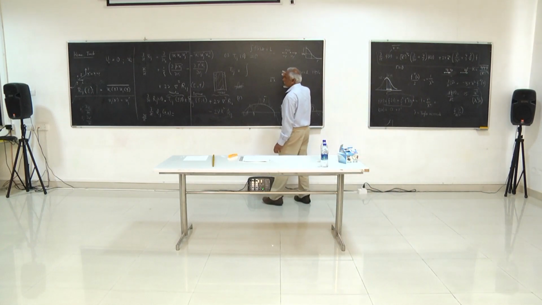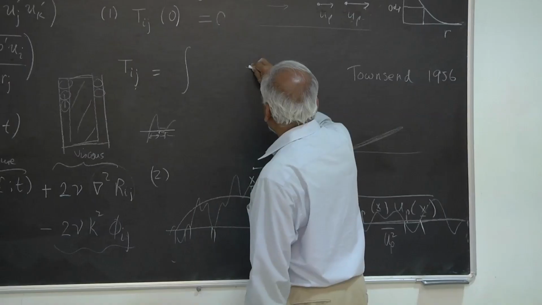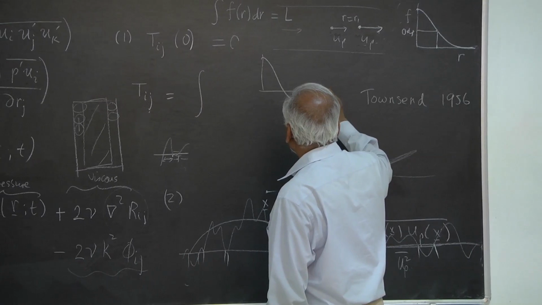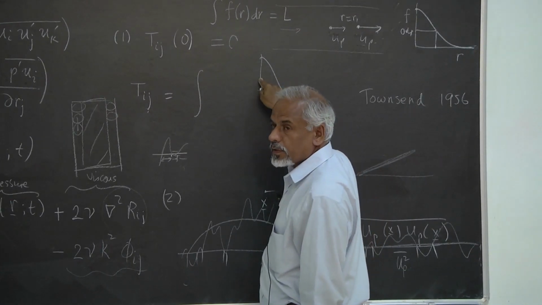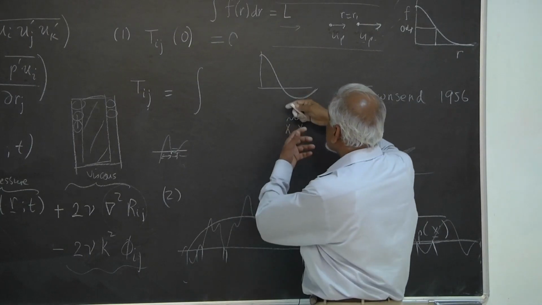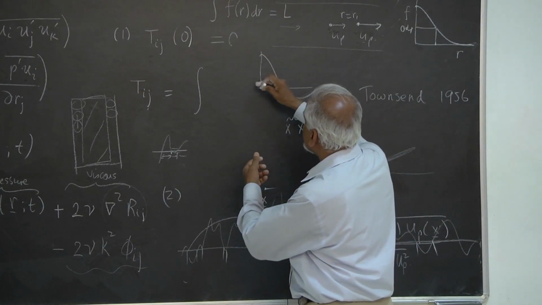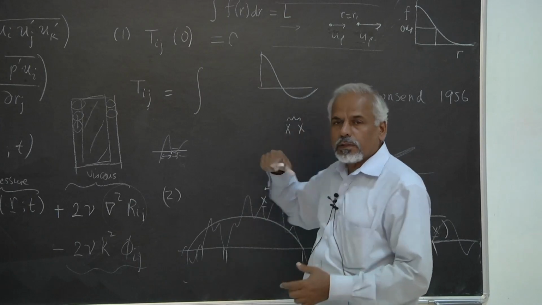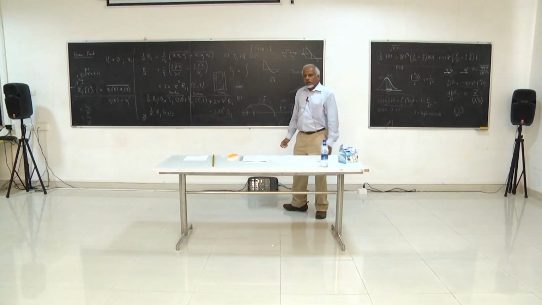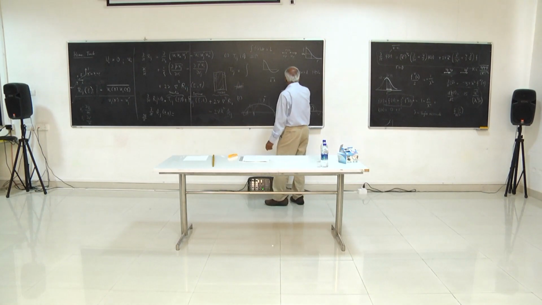For example, as Rama was earlier pointing out, let's say your f of r goes like that. And then you know that you have a certain structure that will give you a negative correlation. And then you also consider f in this direction, so that will tell you what the structure might be in the opposite direction. And if you look at this paper by